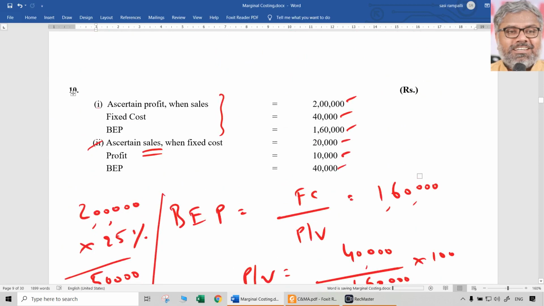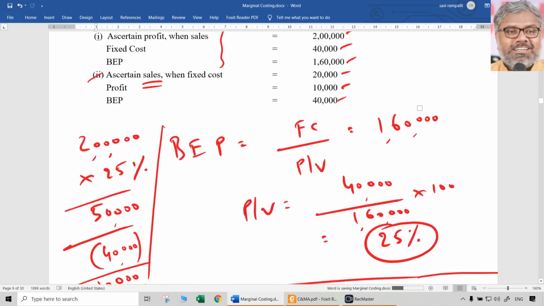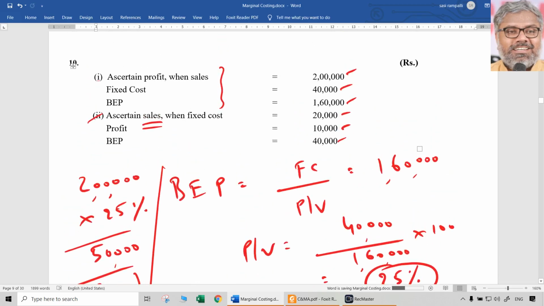Ascertain sales when fixed cost, profit, break even point are given. Don't have to learn any procedure by heart. Just remember the formula and the concept of relationship between each term. Each of the terms we should know the relationship automatically. By putting pen on paper, the answer will come. And with practice, of course. Directly, if you try to get these answers in the examination, it may take more time, and that will waste a lot of time. And if you practice well, you can save time in the examination, so that you can use that saved time for other problems.